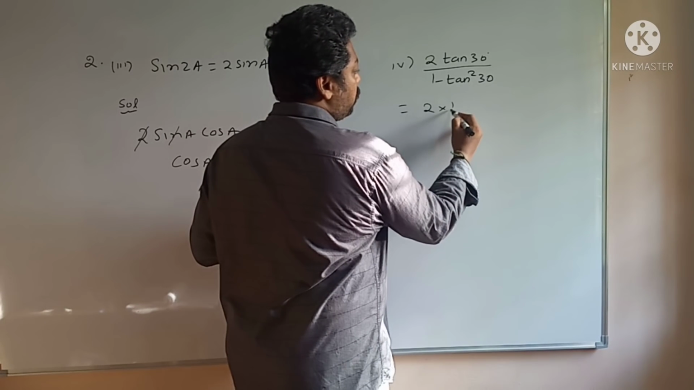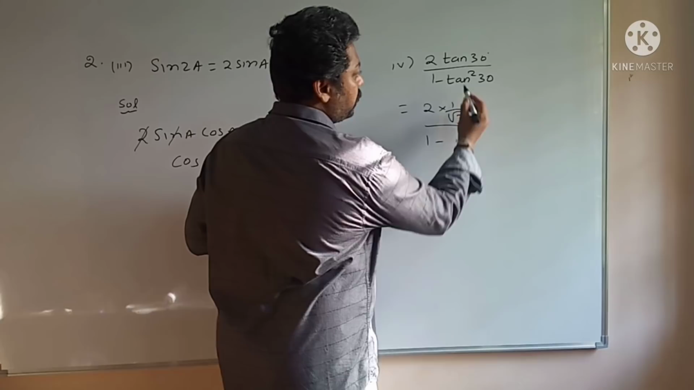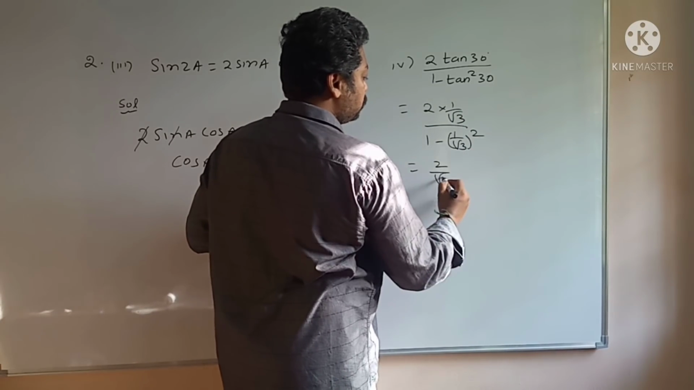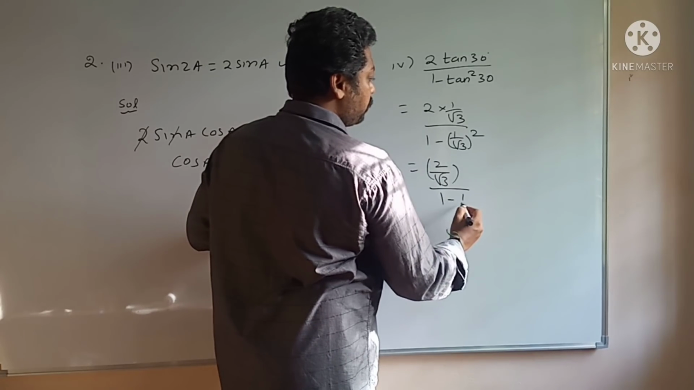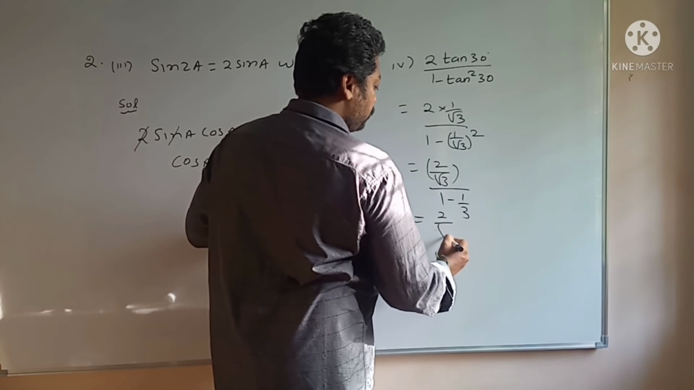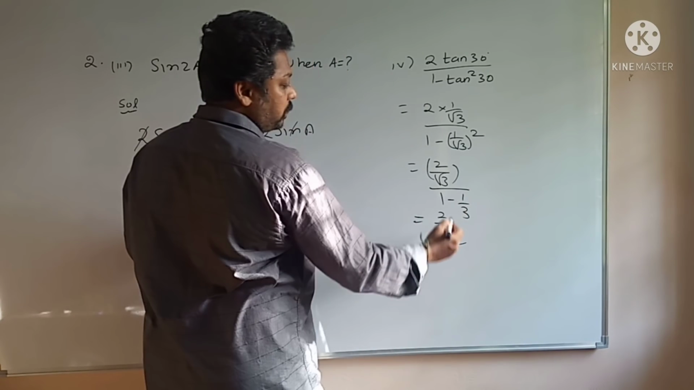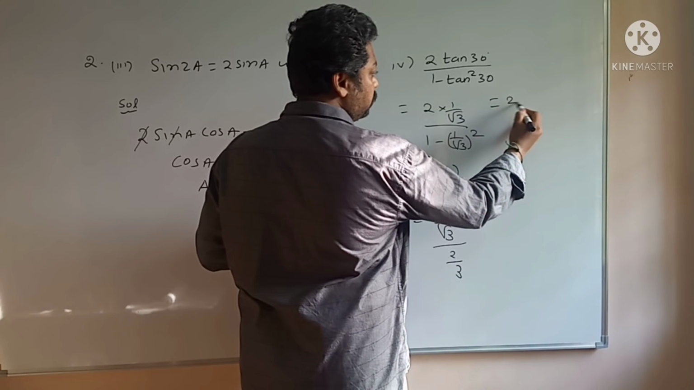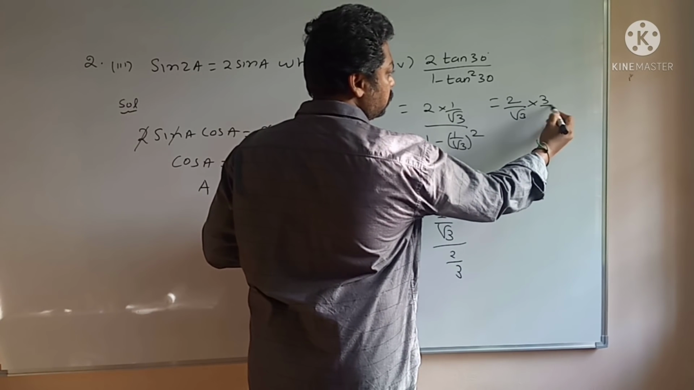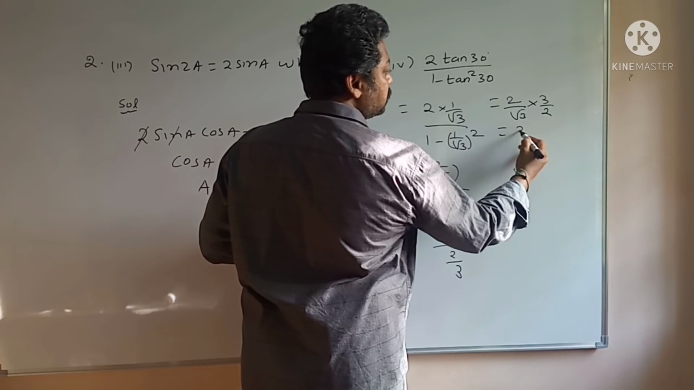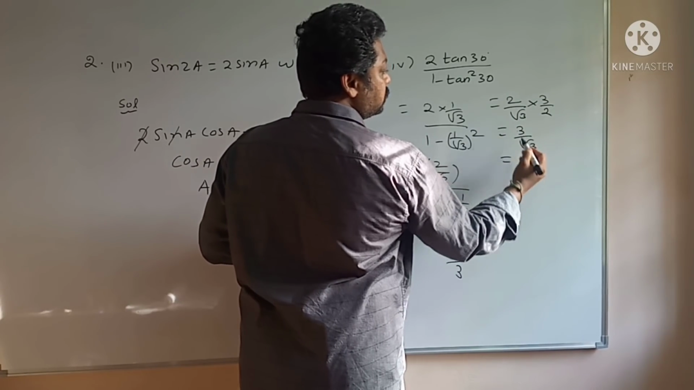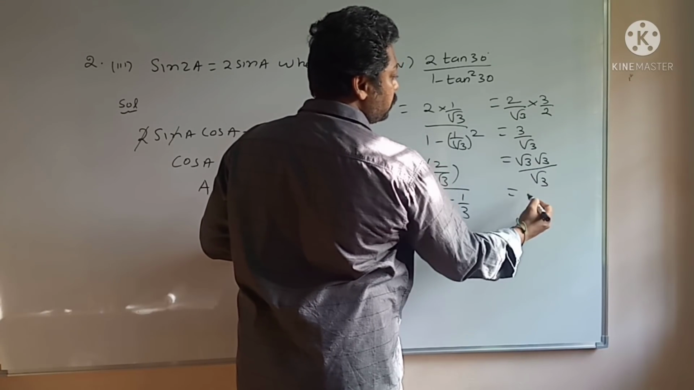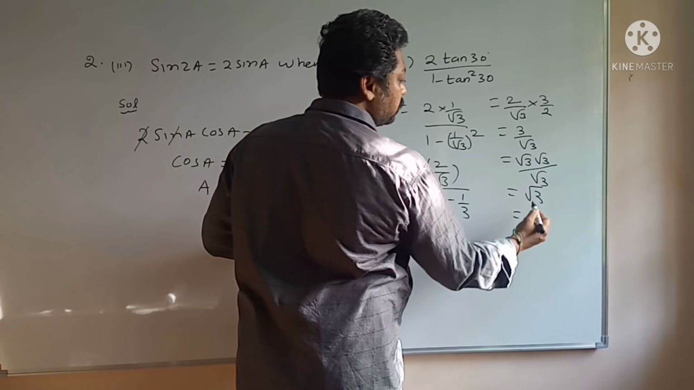So tan 30 we know is 1 by root 3, divided by 1 minus tan square 30, that is 1 by root 3 whole square. So 2 by root 3 whole divided by 1 minus 1 by 3. So 2 by root 3 whole divided by, 3 minus 1, it is 2 by 3. So that is equal to 2 by root 3 into 3 by 2. So 2 got cancelled, so we got 3 by root 3. So this 3 I am writing as root 3 into root 3 divided by root 3. So root 3 got cancelled. So we got root 3. So root 3 is